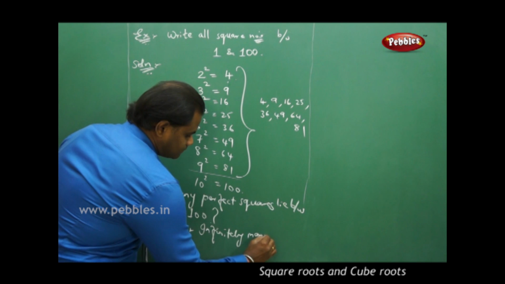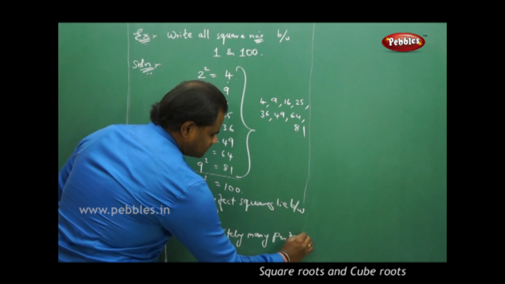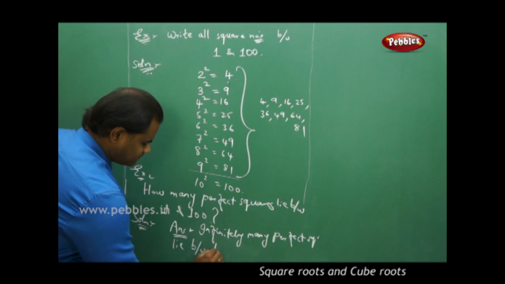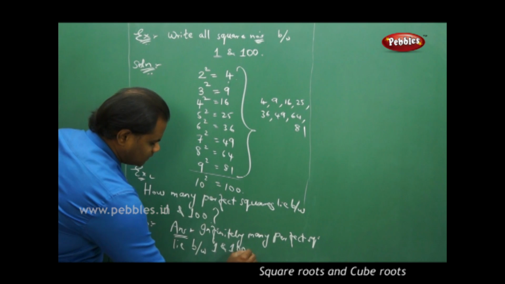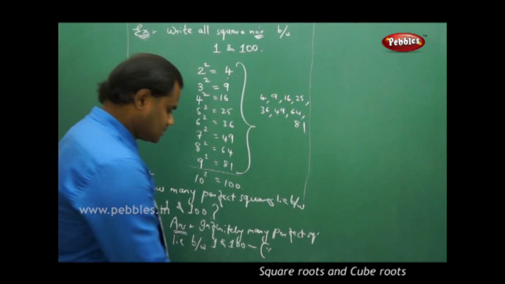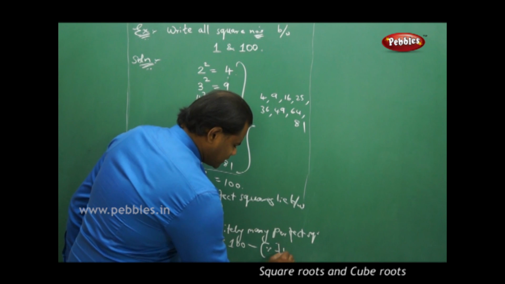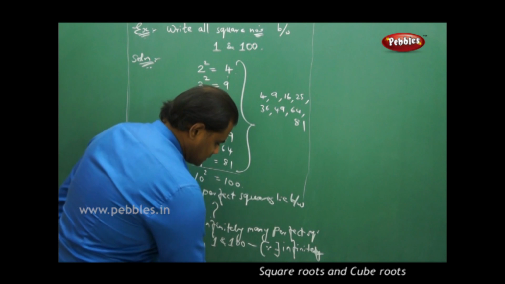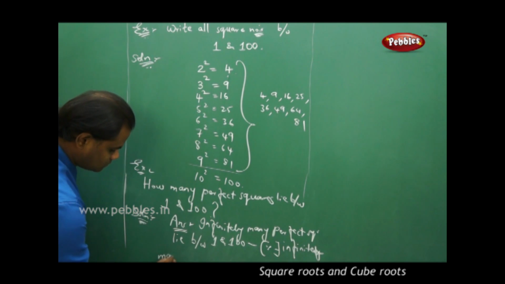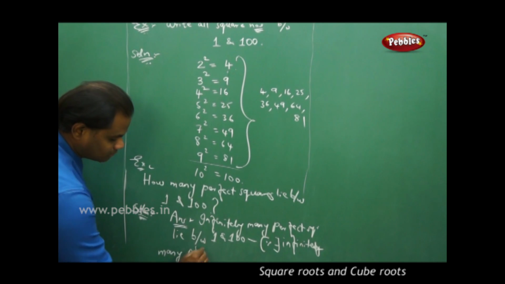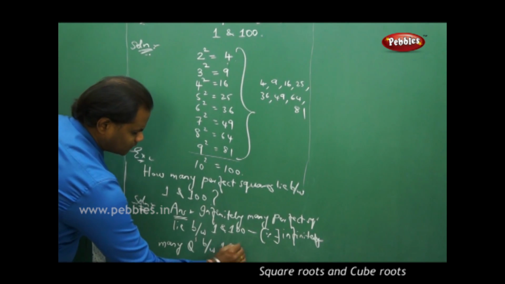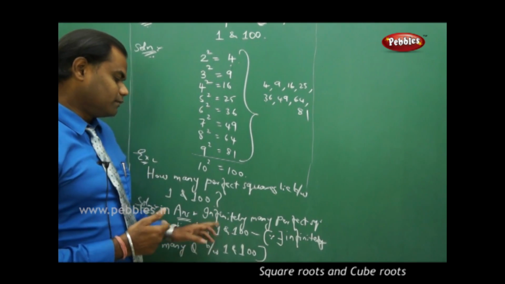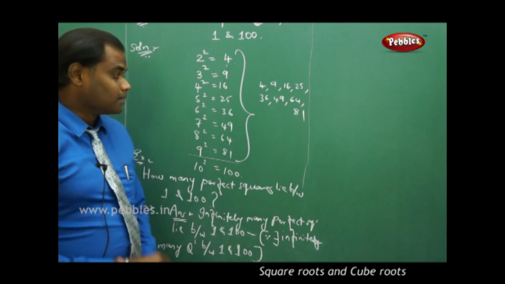infinitely many perfect squares lie between 1 and 100. The reason being that there exist infinitely many rational numbers between 1 and 100. This being the reason you have infinitely many perfect squares between 1 and 100, but you have